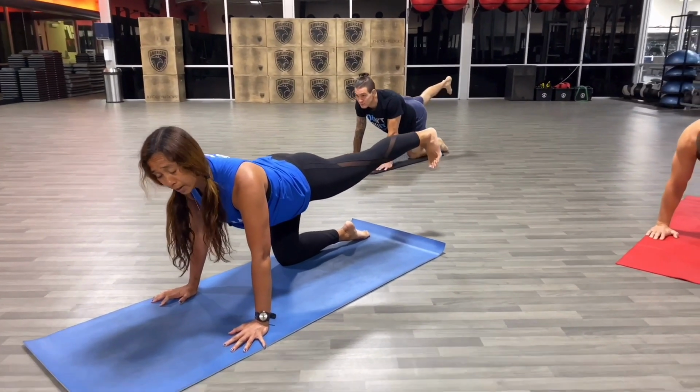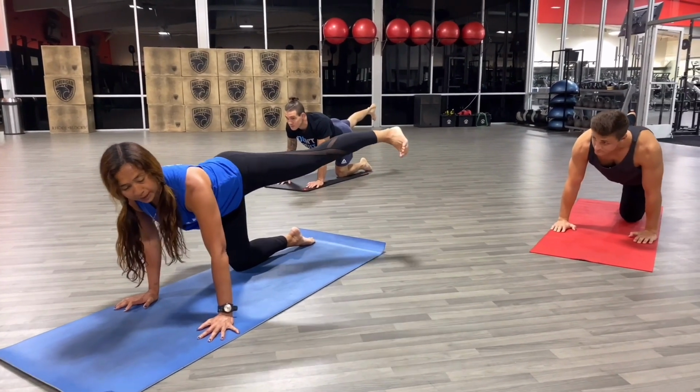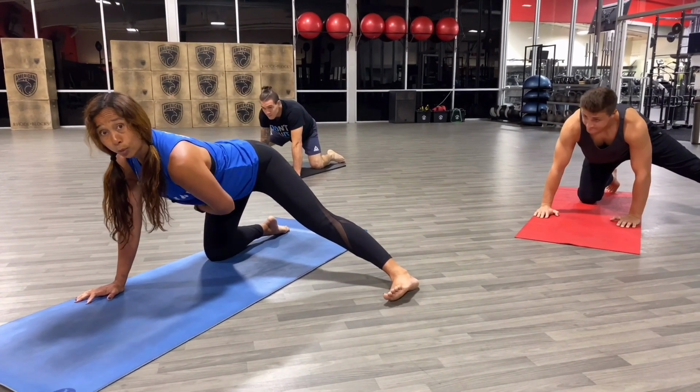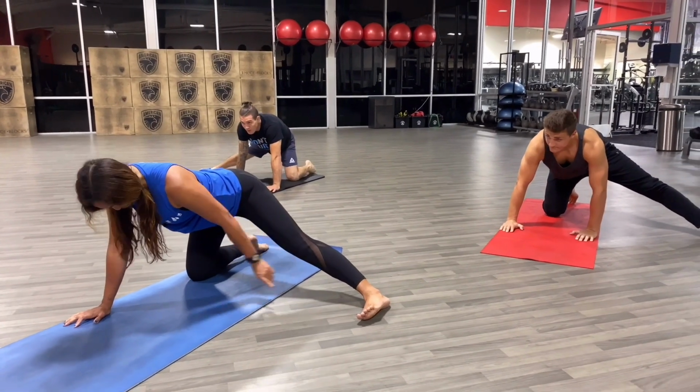Hips are square to the mat. Stay here. On your inhale, take your left leg, bring it all the way to the side. Sit it down on the inside of your left foot. So we have right hip stacked on top of right knee, and then the left foot is lined up with